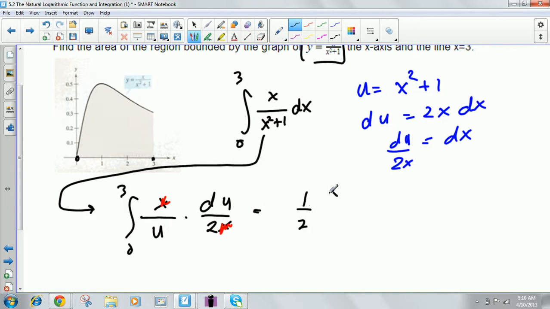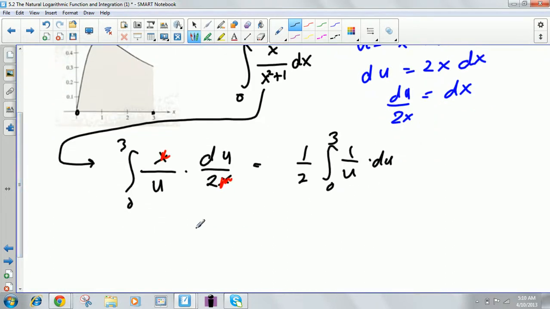That 2 can be brought out front. So it's 1/2 integral from 0 to 3 of 1 over u times du, and that should look familiar at this point. That's just going to be 1/2 the natural log of u. And remember, u was your x squared plus 1, so you need the absolute value of x squared plus 1. Then you would have your plus c,